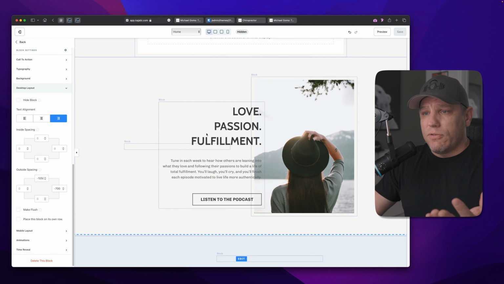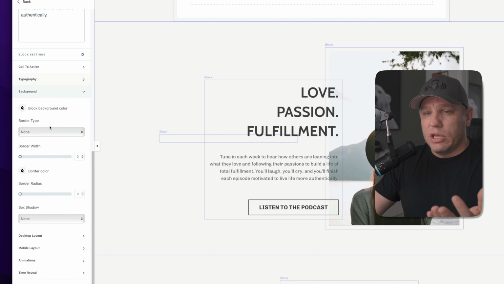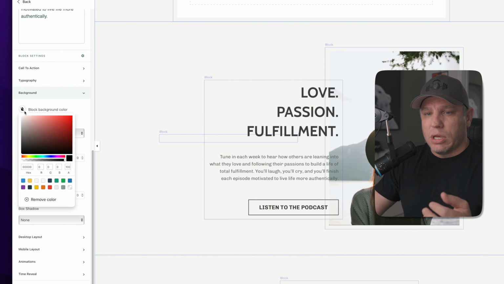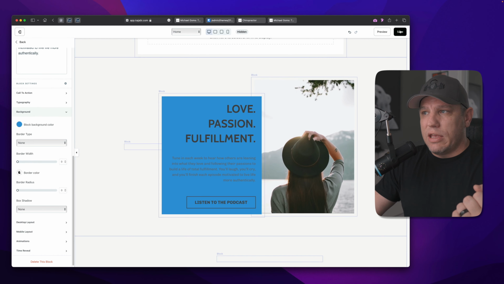Now, again, you can also go a step further if we go back to the idea of the blocks, right? If you click on this text block, maybe you want to change the background. You know, maybe you want to do, I don't know, a blue background color on here. There we go. So if we save and then we go over to our preview page,